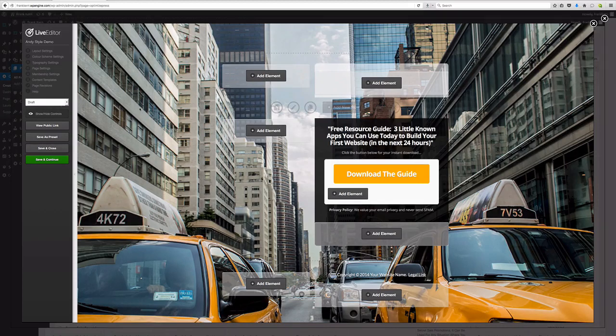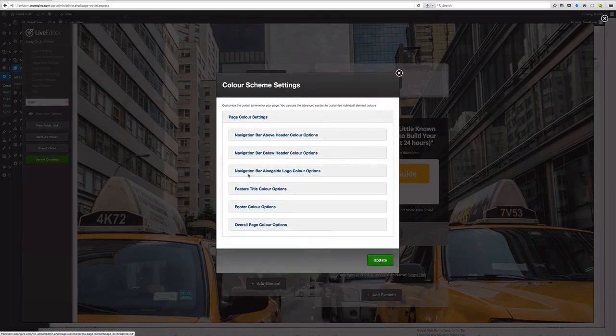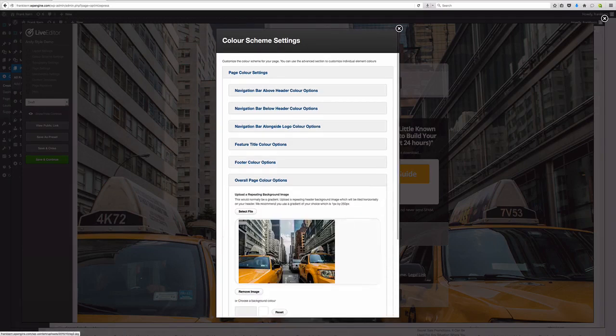All right, so they give us this image here as our background, but what if you want a different image? Let me show you how to change it. It's actually very easy. You come over here, and you click on Color Scheme Settings. It's the British way to spell color, I guess. And so you click on Page Color Settings. Then you click on Overall Page Color Settings or Overall Page Color Options,